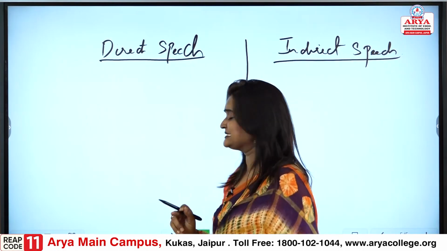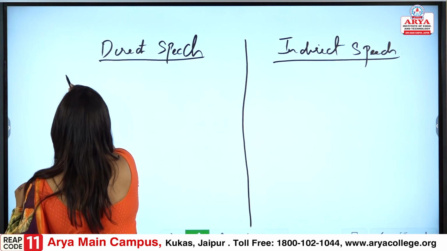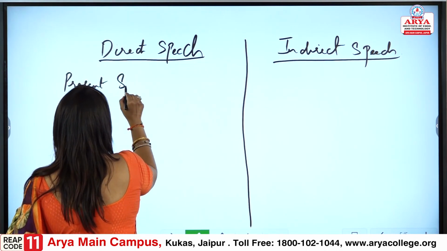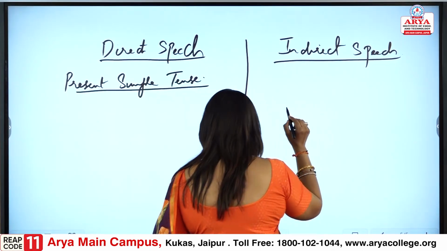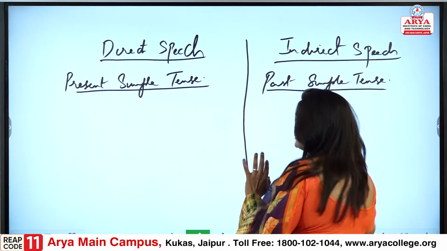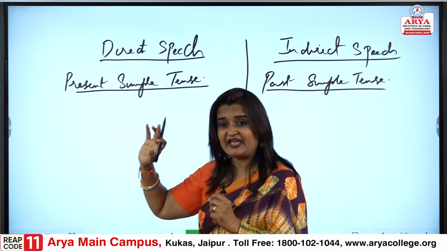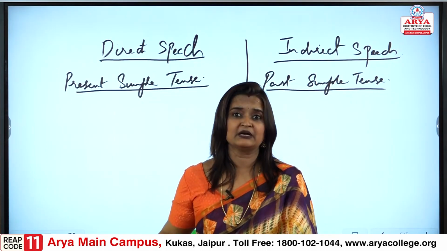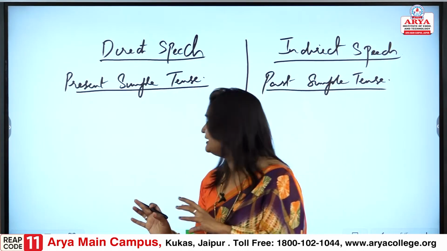First, let us take the first example for present simple tense, and over here past simple tense. Once we understand this, our concepts become more clear. So, I am giving it to you in detail for each and every type of tense, present, past, future, how we would work. So, please be careful and pay attention to the points.